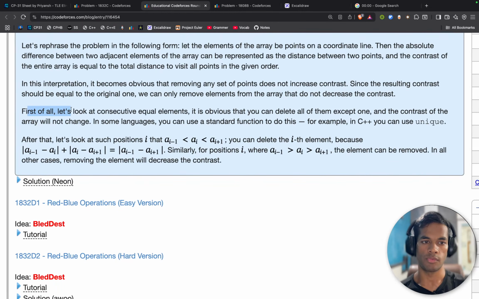Yep. First of all, let's look at consecutive equal elements. It is obvious that you can delete all of them except one, and the contrast of the array will not change. In some languages, you can use a standard function to do this. In C++, I can do unique. That is cool. After that, let's look at such positions i,